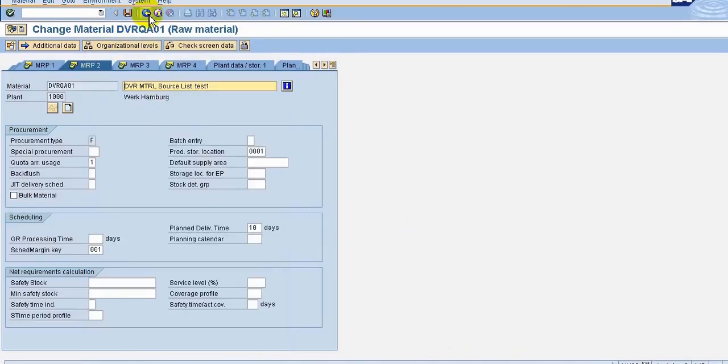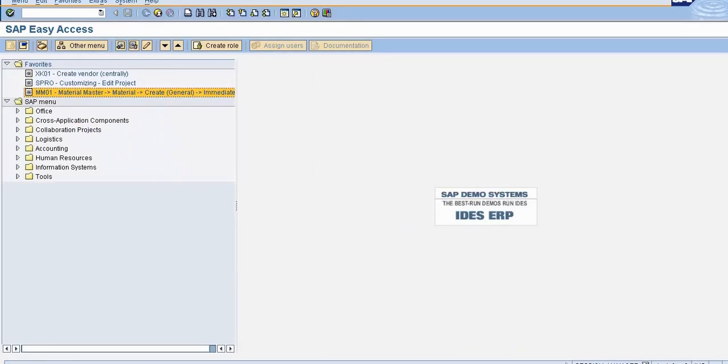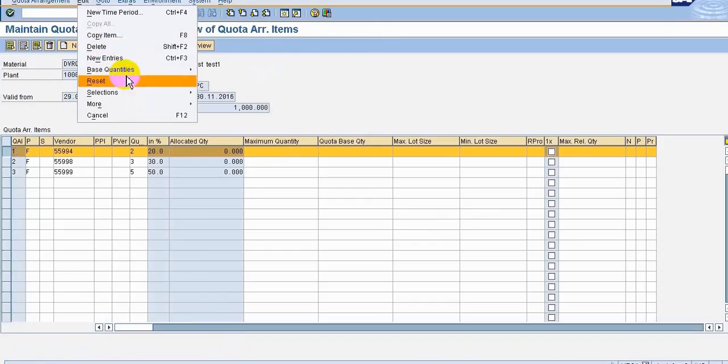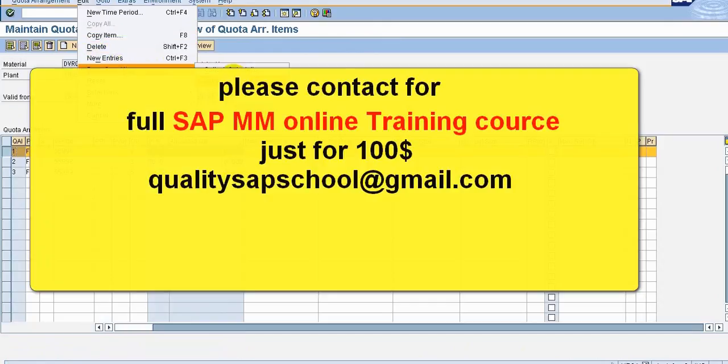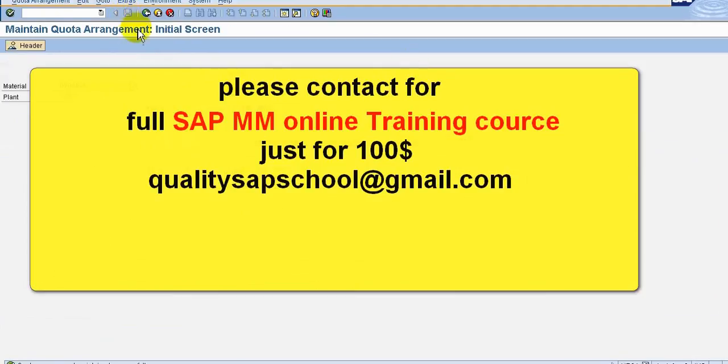Now we have seen this one. Go back and let's go to our screen. So you understood the max base quantities and individual calculations. It can do the calculations on its own. I am saving it, that's it. So the quota